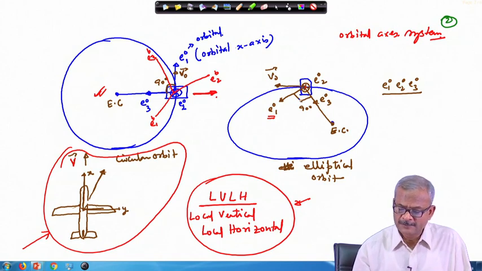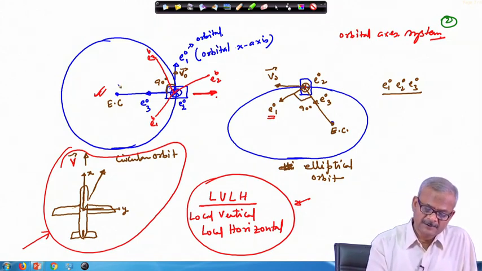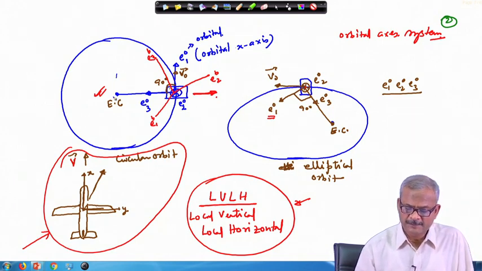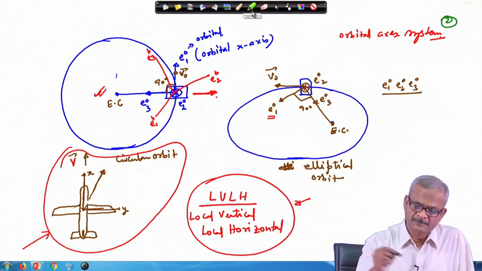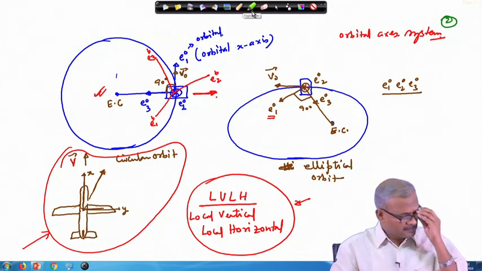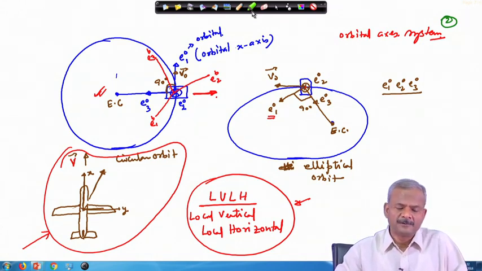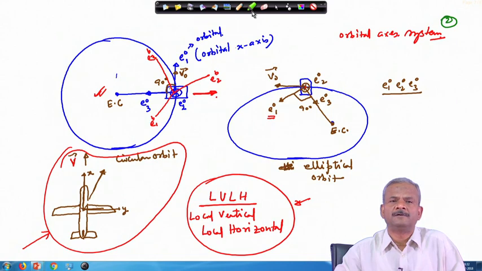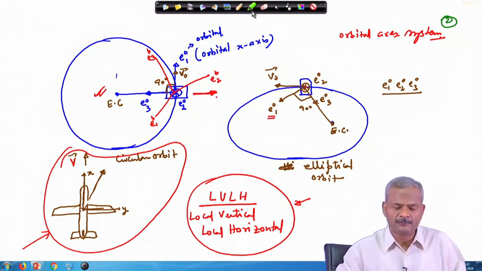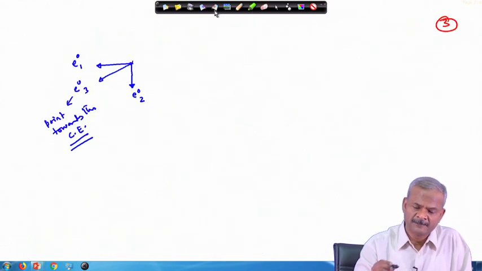Now, what about the inertial axis system? Let us say that I can fix it here in this place. As you know, the inertial axis system is a non-rotating system. But describing the inertial axis system itself is very complicated. If you go to astronomy, the axis system they use in astronomy consists of a 2 semester course. So, we need not go into all those details, because we have to focus on the satellite dynamics.